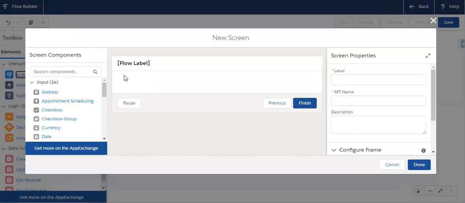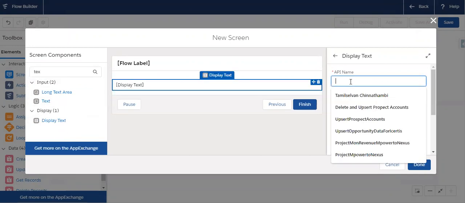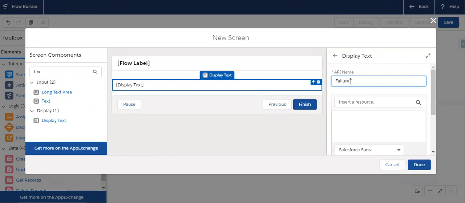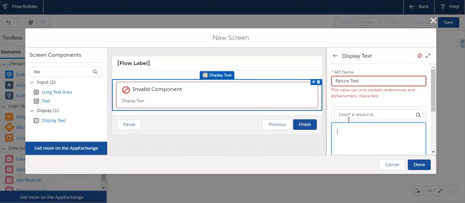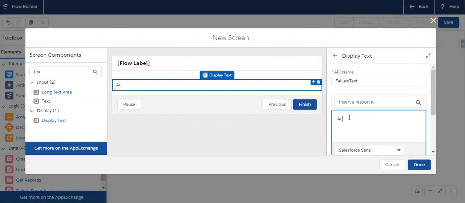This is for the failure flow. Let's add the display text, failure text. Account creation failed, we have created a case for you.